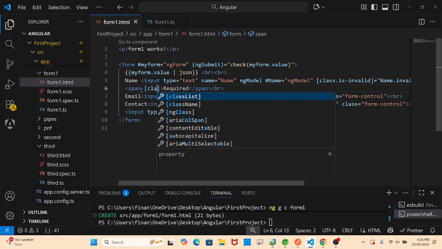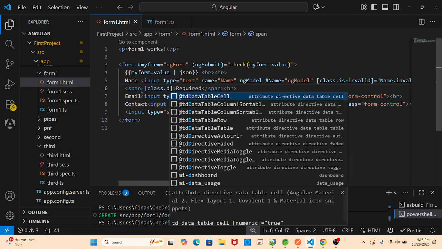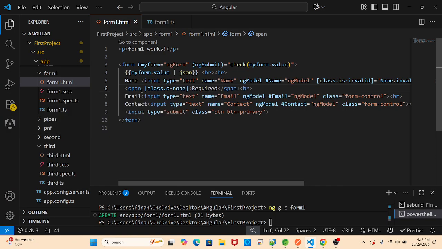It's the same class, dot d-none. This is one of the Bootstrap classes. So what is d-none saying? It means when this error message should not be shown. When this error message should not be shown, when